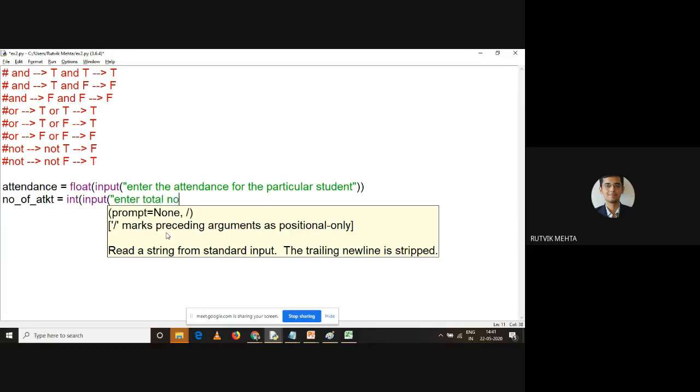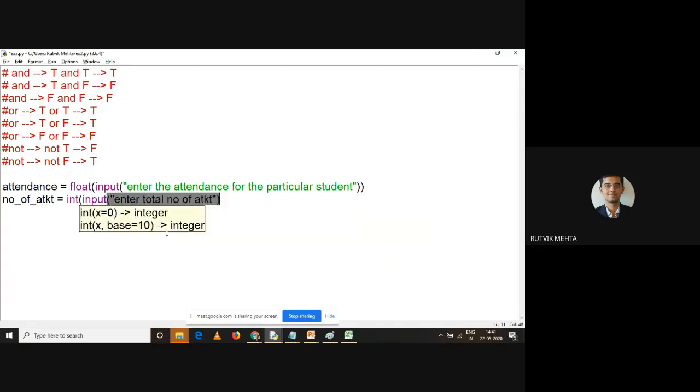Total number of ATKT, very simple statement, right? Now understand this. So for now, what is our condition? Our condition up to this semester was like this. If attendance is greater than, I want to represent it as a float, so I'll say 75.0.